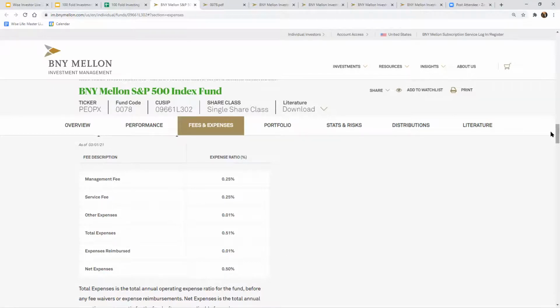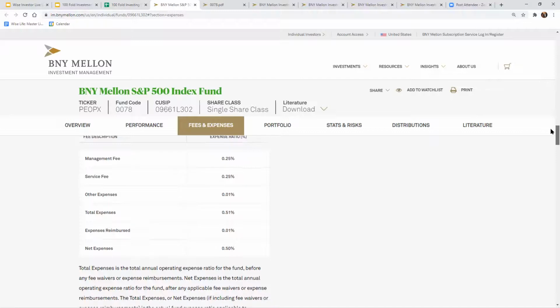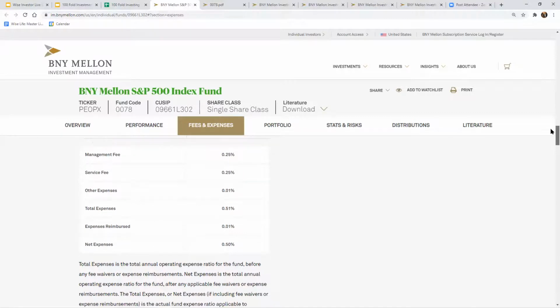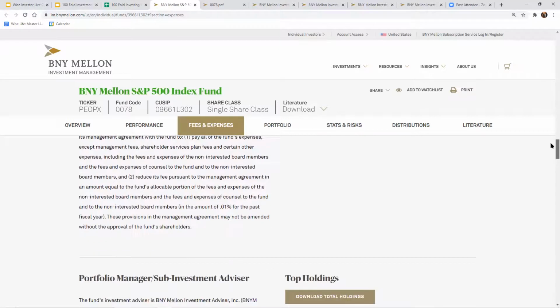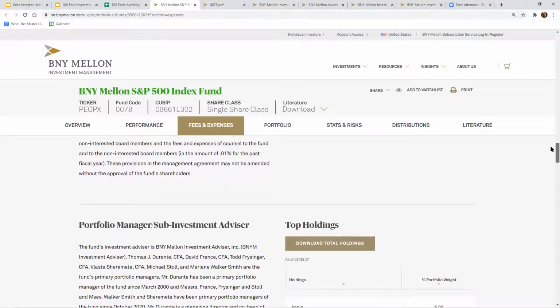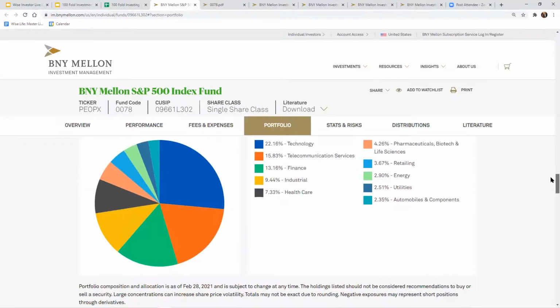Now, the expenses on this is actually a little bit higher than I would like for an index fund, but it's not too high. Our personal standard, this meets right at the threshold of 0.50. So this is as high as we want to invest from our personal standard and what we teach people to do. And I'm going to show you in the actual investing calculator the impact of making that type of decision.